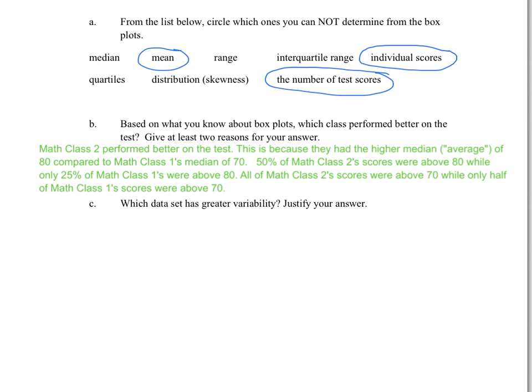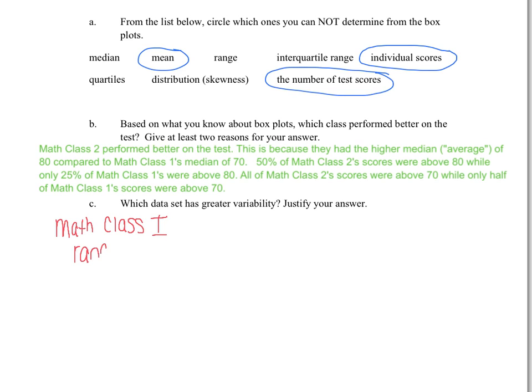Part C asks, which data set has greater variability? Justify your answer. Well, the more spread out the data is, the larger the variability. So we can clearly see from the box plot that Math Class 1 has greater variability, but we should prove that. And the way to look at variability is to look at the range and the IQR. So Math Class 1,